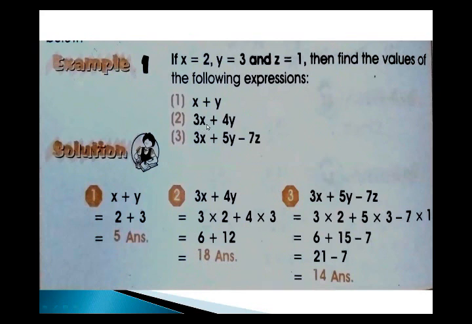If the variable is written with any coefficient or a number, then you just write it in the form of multiplication. Firstly you just write, here one step is missing, 3 multiply x plus 4 multiply y. Then you have to put the values of x and y over here. And the other thing is, in this question they don't give the unknown z, so we don't have to put the value of z over here. We just put the values of those unknowns which are given in the expression. Here the expression has only x and y, so you just put the values of x and y, not the value of z.